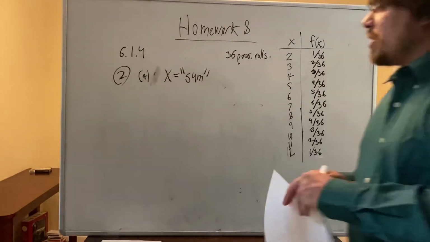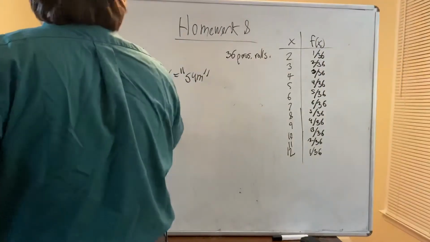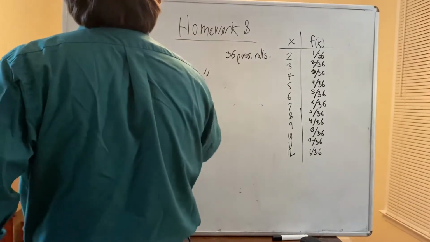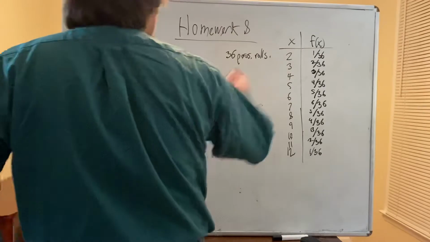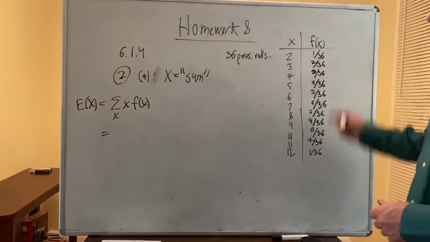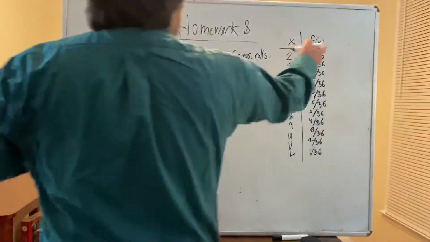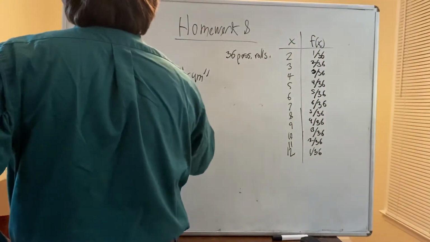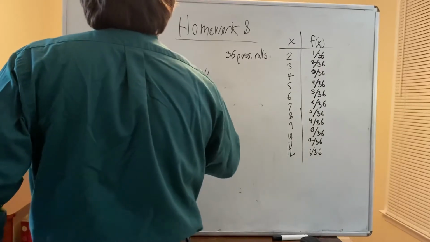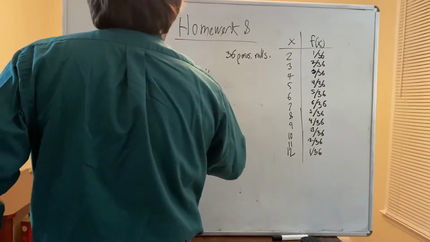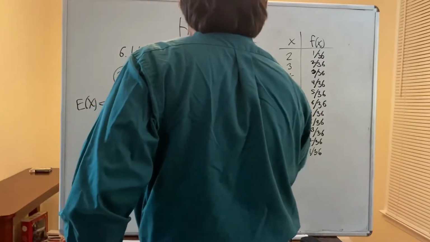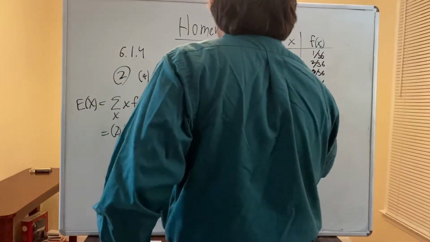And so what is the expected value of x? It's a sum of all possible values of x times f of x. And so for each value of x, you multiply by its corresponding probability, and you add up the products. And so you get 2 times 1 over 36, plus 3 times 2 over 36, plus 4 times 3 over 36, plus 5 times 4 over 36,